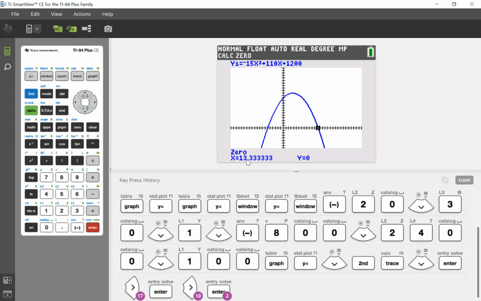And notice your 0 is at 13. Boy, we guessed real lucky. 13.33, y equals 0. So if you missed any of that, you can always do that real quick. Again, watch this. Second. See this calculate feature up here? Calculate